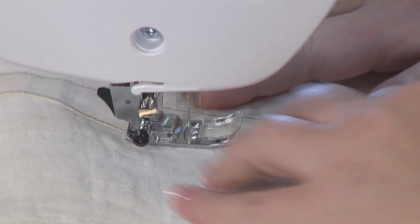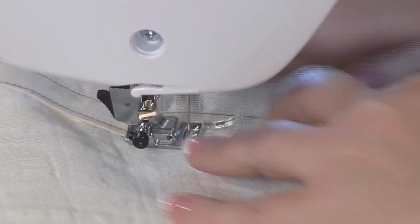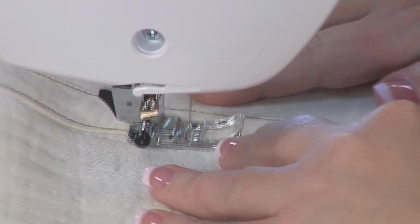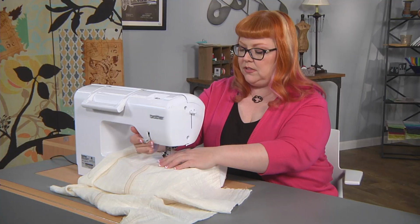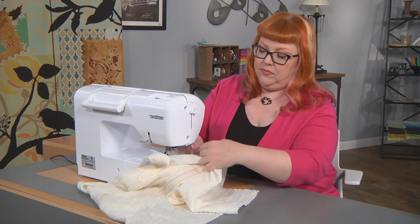And it goes nice and quick. You want to make sure you stay close to that edge. There we go. See how quick that was? All right, now